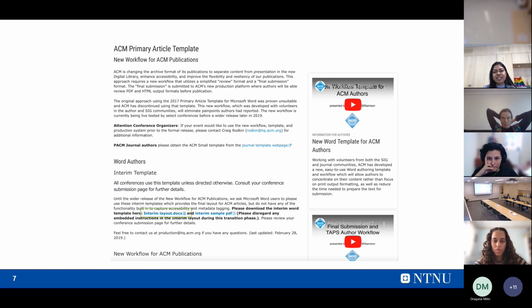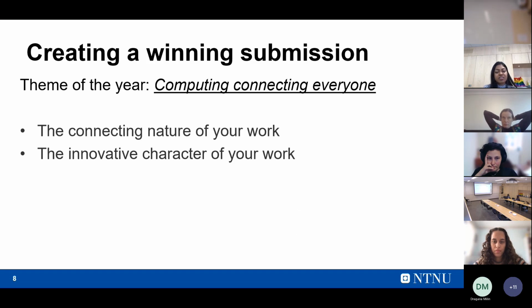So with that in mind, let's now see how to actually create a winning submission. The theme of the conference for this year is computing, connecting everyone. Considering this is the theme, it would be highly beneficial to emphasize the connecting nature of your work, such as bridging different scientific disciplines or the interdisciplinarity of your work, for example, the various subcommunities within computer science, or bridging between academia and industry, or researchers from different countries or institutes.